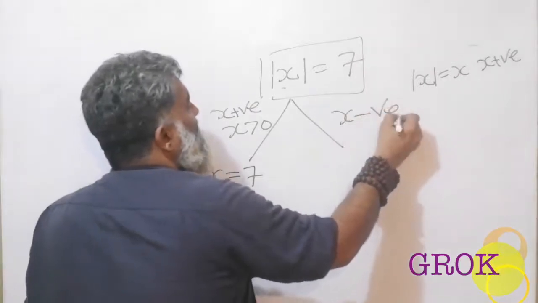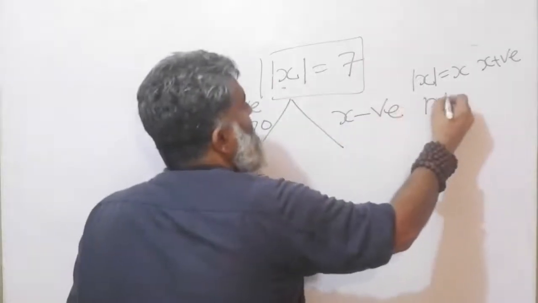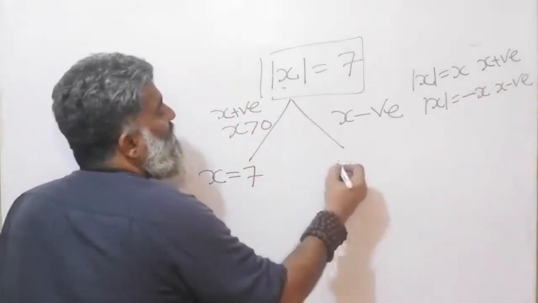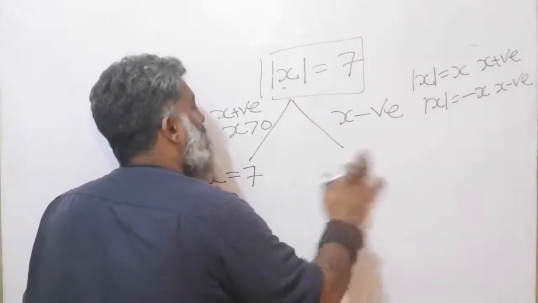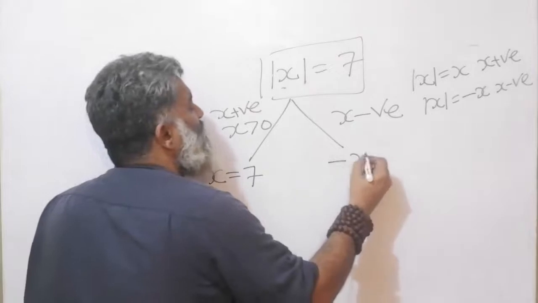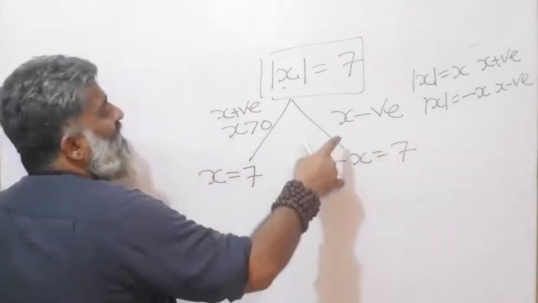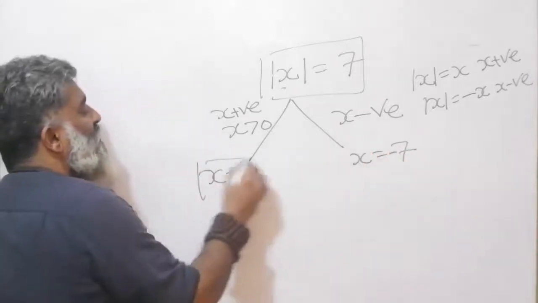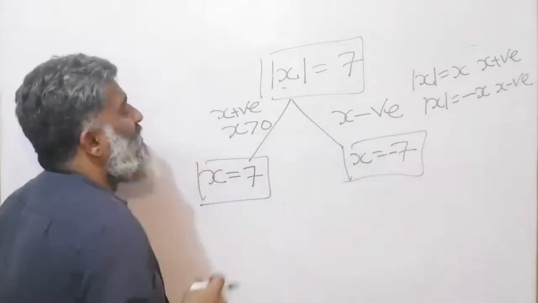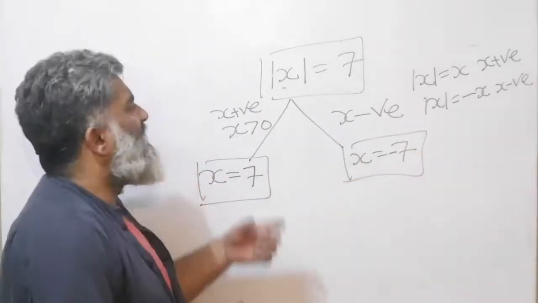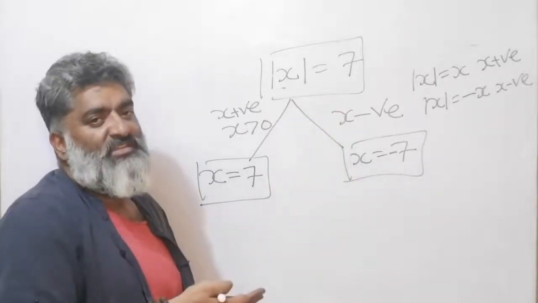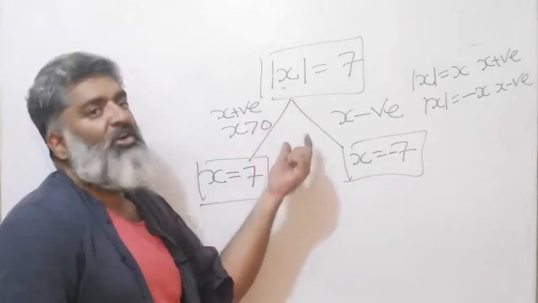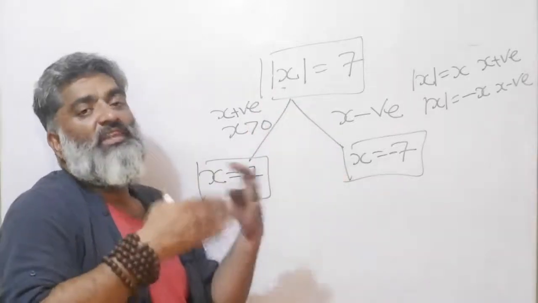Similarly, when x is negative, mod of x is equal to minus of x, right? Capture that definition again and again. So this will become minus of x is equal to 7, and you wanted to find the value of x, so remove the minus sign and put it on this side, and x is equal to -7. So x is equal to 7 and -7 are your two answers to the solution. And again, at this level, you could have just guessed the numbers anyway, but this is just to start the process, because when things get complicated, this will be your saving tool, right? This will help you think systematically.